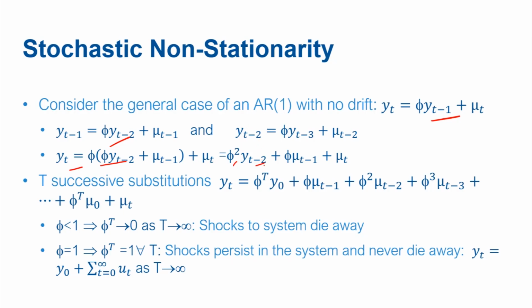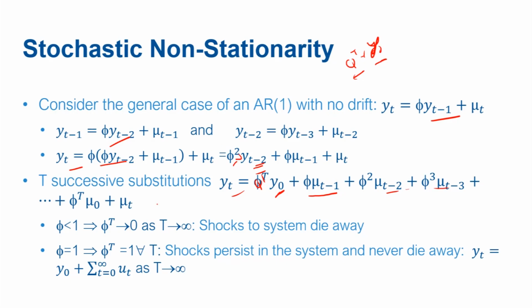Now, for this Yt minus 2, we can also go further back to express it in terms of Yt minus 3, and then the term will be phi cubed, and so on, up till, let's say, the first point. The first term is phi to the power t times Y naught. So let's say the series originated at Y naught and the corresponding time period was t. So phi to the power t, Y naught is the first term in Yt, and then subsequent terms will be in the form of these white noise processes, mu t minus 1, mu t minus 2 and so on.